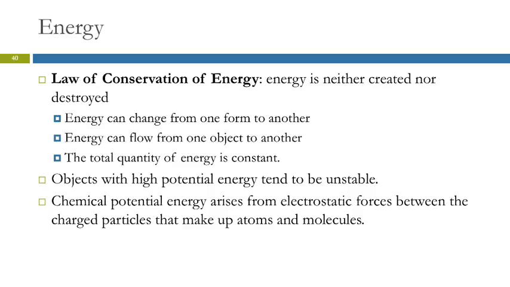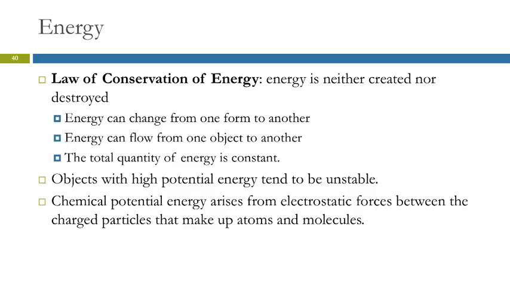Another important idea is that objects with high potential energy tend to be unstable, just like a 10 kilogram weight sitting on the top of a building. It's unstable. You give it a nudge, it'll fall off. Once it's sitting on the ground, if you give it a similar nudge, will it fall down two stories? No, there's nothing for it to fall off of. You can't fall off of the ground. And it's not going to suddenly fall up, because that would be against the law of gravity.